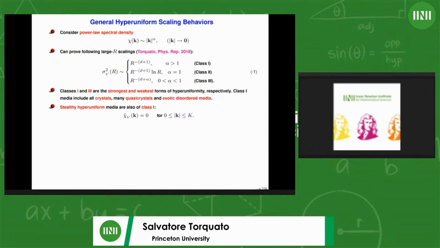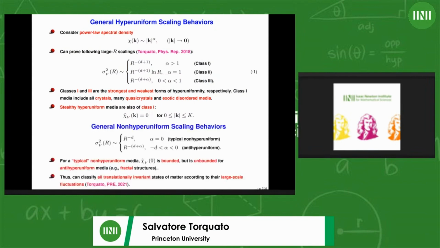I wish I had more time to tell you about the structural features of this. I will say a few words about it, but I'm not going to be able to do justice to it. Now, the other thing that one should understand about this is that even though hyperuniformity talks about infinite wavelength behavior, a particular type of behavior in which k goes to 0, where the structure factor goes to 0, or the spectral density goes to 0, it brings to attention the validity of looking at the large scale properties, even if the system is not hyperuniform.